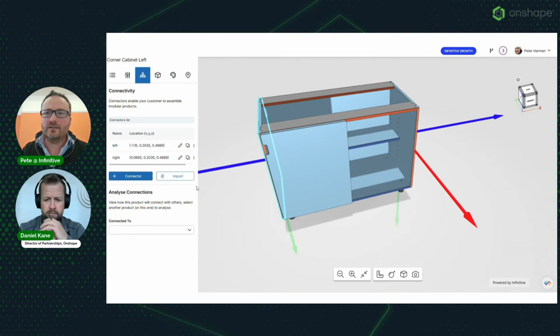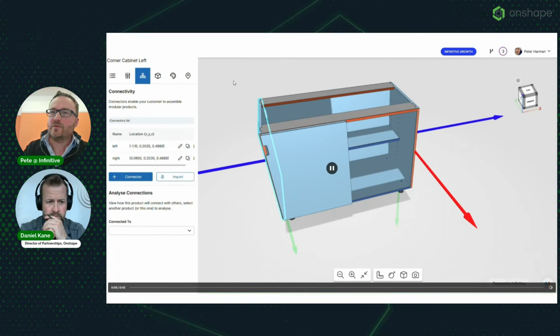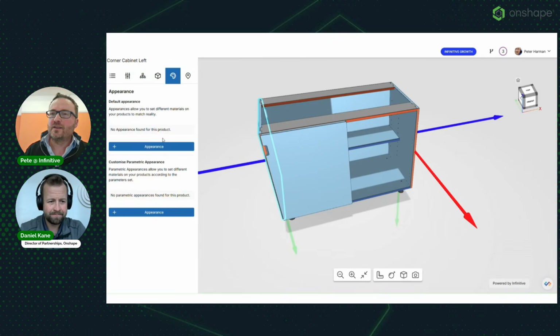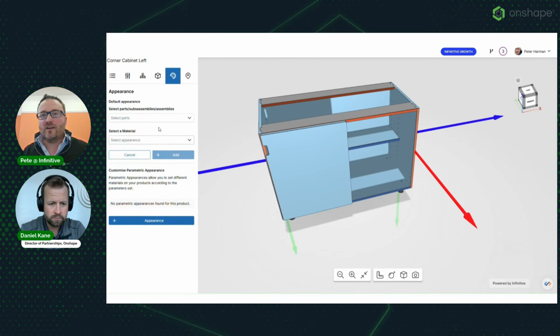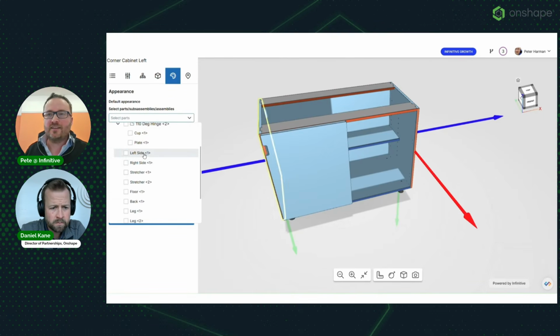And then the other thing, looking at this CAD model, it looks very Onshape-like with its blues and oranges. So we probably want to make that a bit more visually appealing. So we will go and pick an appearance. So we've got a library of different appearances, different textures in there, and we can apply those to individual parts